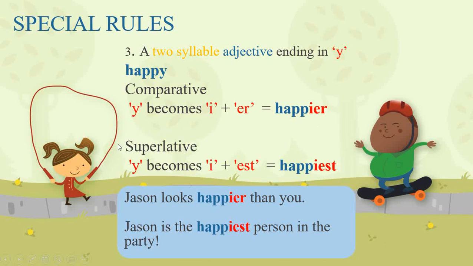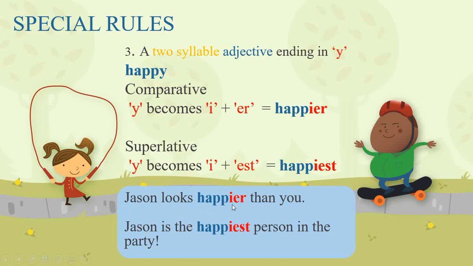For the superlative form, we do the same. We replace the letter Y with the letter I, and we have to add EST. Then the superlative form will be happiest. As we can see, we replaced the Y with the letter I. And for the examples, we have